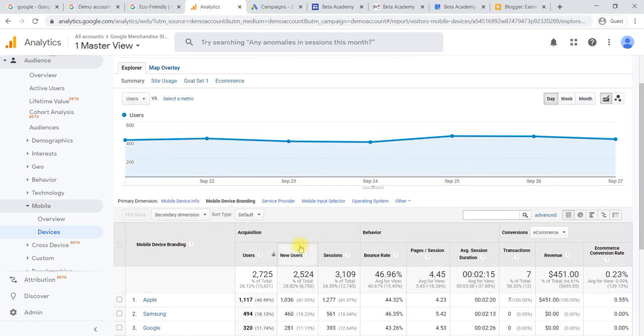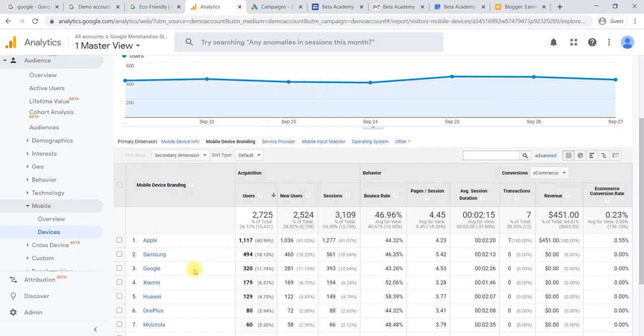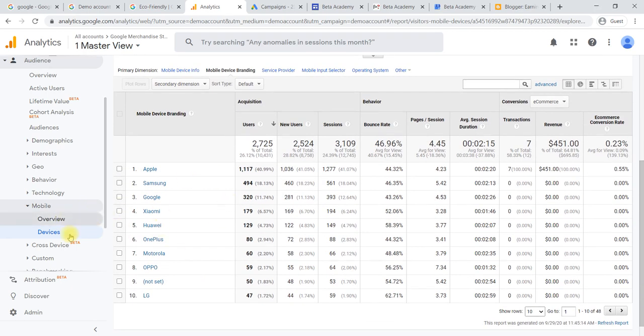That will give you the hint that, for example, you can tie up with Apple to promote some of your products, so Apple users will get a benefit like that. You can create a campaign so that you are able to sell some of the products and convert them. So it will help you know with whom you can tie up so that you can reach better. To do that we use this particular section.